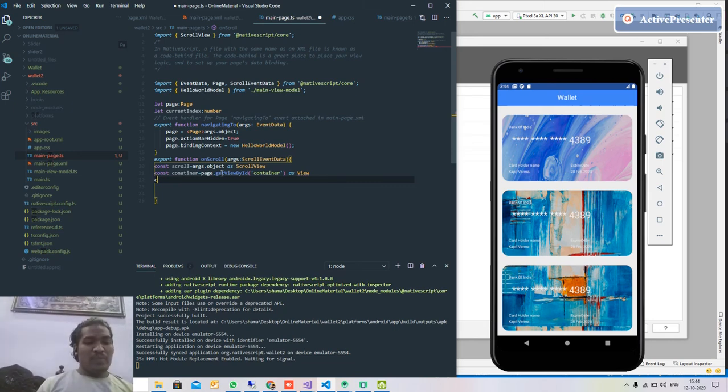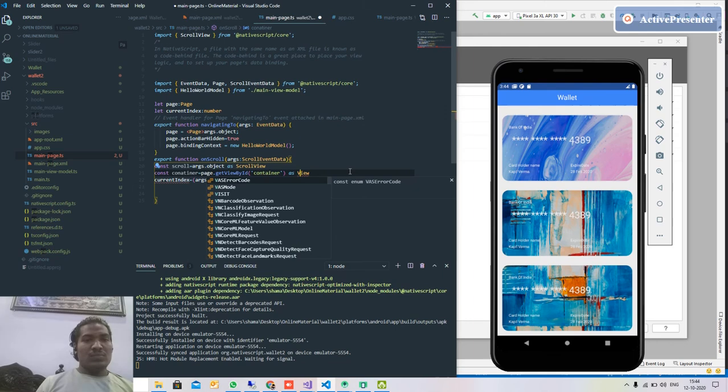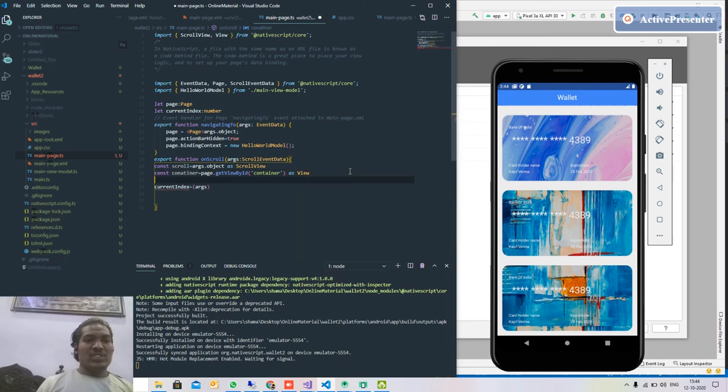And current index equal to... so args, if you want to know the size, const size equal to container dot getActualSize dot height divided by the number of elements we have.